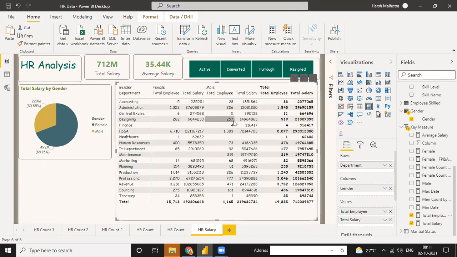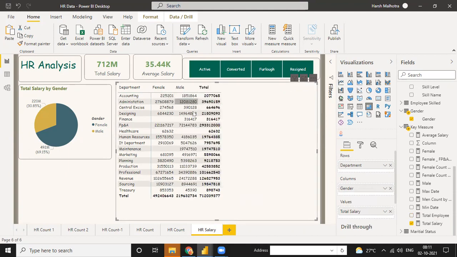See, this table is running: in the accounting department, you have female 5 employees and salary, male 28 employees and salary, and total employees 33 and salary. If you don't need employee, you can just remove this one and keep male and female wise salary. So this is your salary count. Right now I'm just putting only that much.